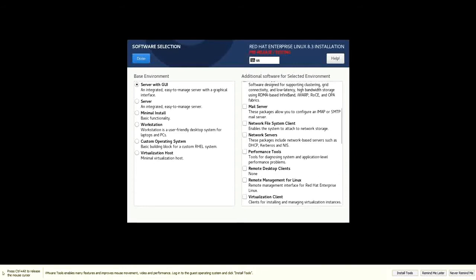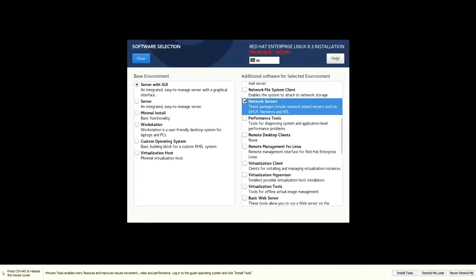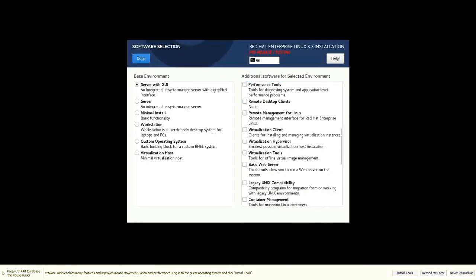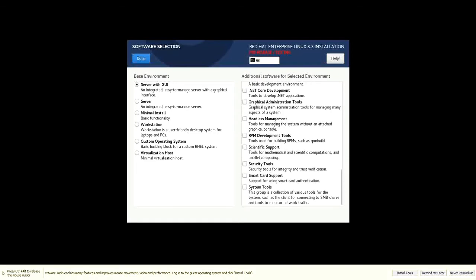You can choose different servers, that might be FTP, mail server, networking options. I will only choose Windows file server, and it will allow me to share files between Windows and Linux, and networking server like DNS, DHCP, and leave everything else unchecked. You can always add anything after installation, as I am done here. Let's click on done to proceed further.